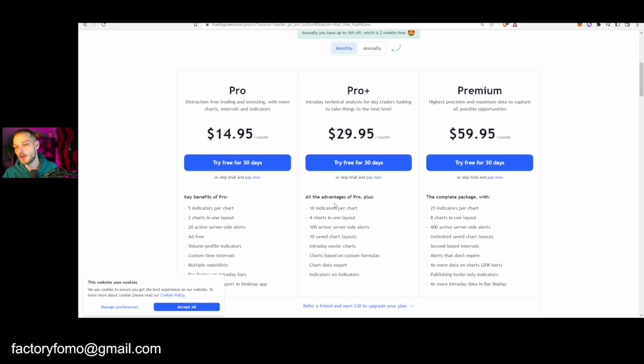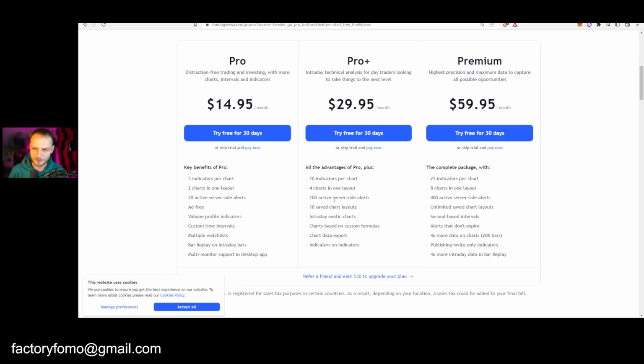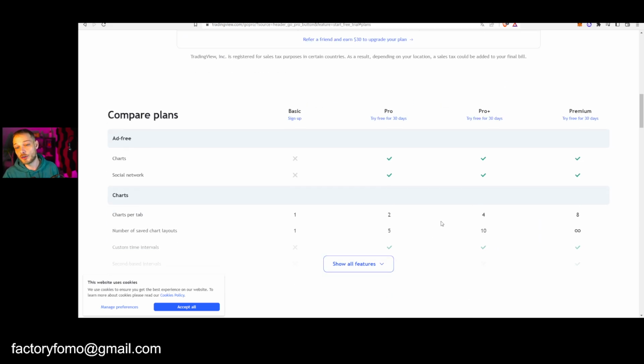So that's pretty cool. Well, now that we are here, the main difference is that if you get a pro plan, you can use multiple indicators on your charts. You can have two different charts at the same time. It's ad-free, because in the free version you have some ads, but not that much that it's annoying. You can just do a little bit more, basically. And after a while, it is worth it. I would recommend you